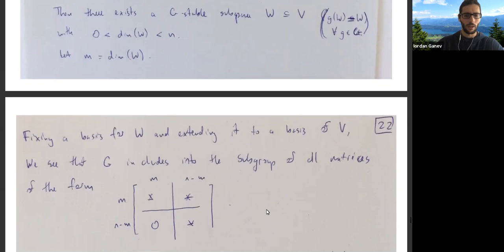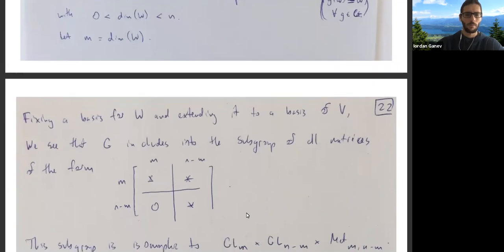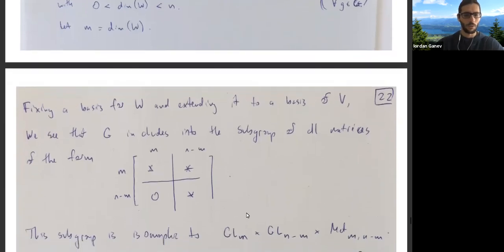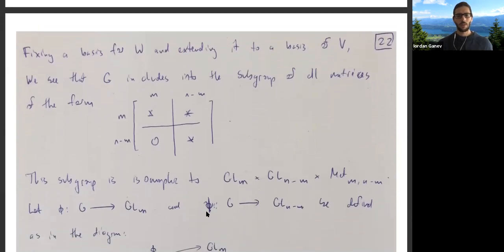Okay, so then basically we have these matrices here and these matrices here, and we want to conjugate them to be unipotent. So okay, what's going on here? To put this all together, if G embeds into the subgroup of all matrices of this form, this subgroup of such matrices is isomorphic to GL_M, that's coming from here. GL_{N minus M}, that's this part here, and